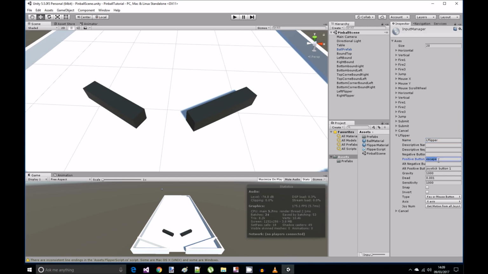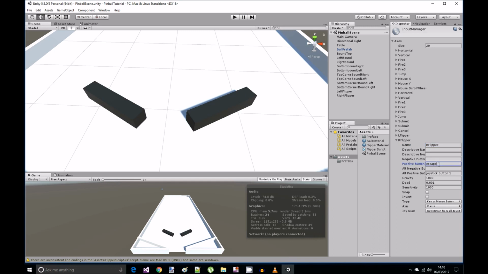So the positive button should be something like, I don't know, I'll just use the letter A. Oh, I can't, why not? A? Okay, it has to be small case. Okay, so this is our left flipper,